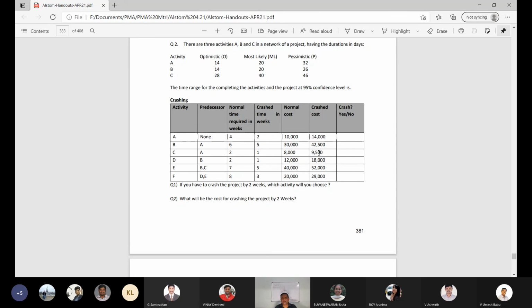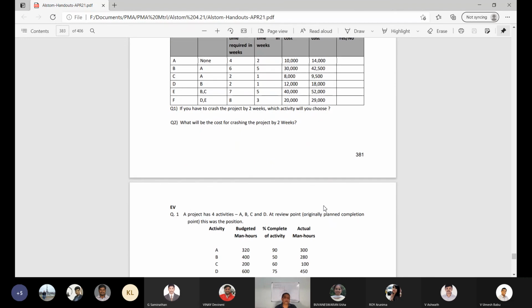Okay, if it was in the critical path, so that you have to first find out whether it is in the critical path. So you should do 1 week of this, which is 1,500 rupees, and the second week of this, which is 1,800 rupees, provided C is in the critical path. So first you have to make this network, find out the critical path, and then find out which is the cheapest in the critical path, and whether it is possible to do 2 weeks of that, and accordingly you will crash it. So this is the problem.